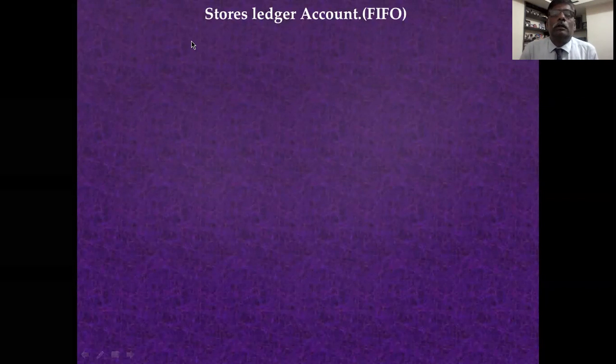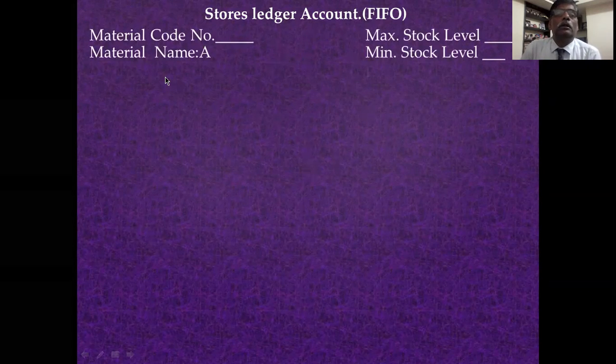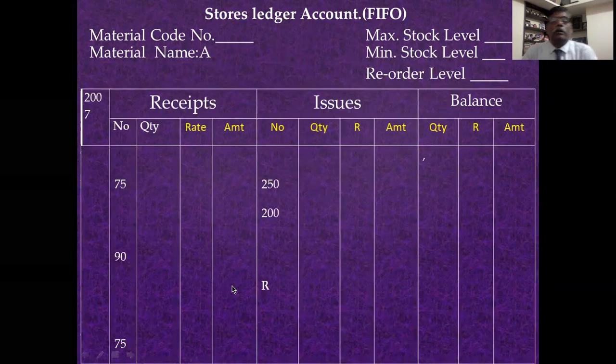Okay, now you see the store ledger. This is the store ledger, FIFO method. Material name is A. Write the heading: maximum level, minimum level, reorder level. This is the format.